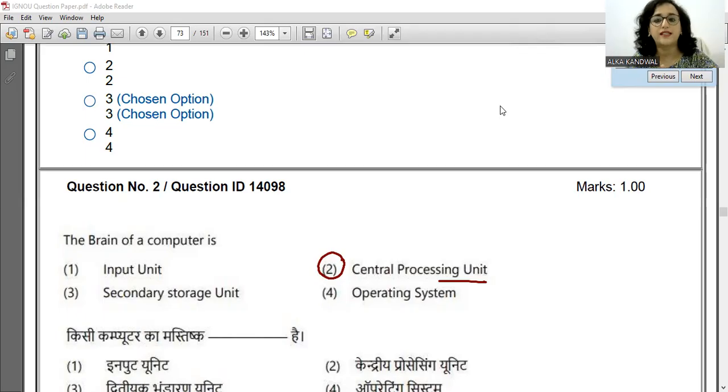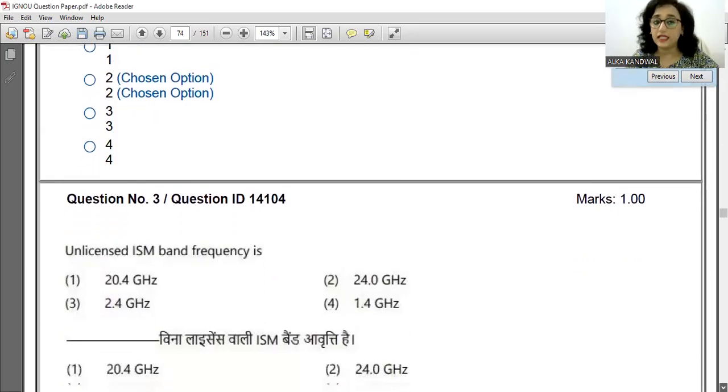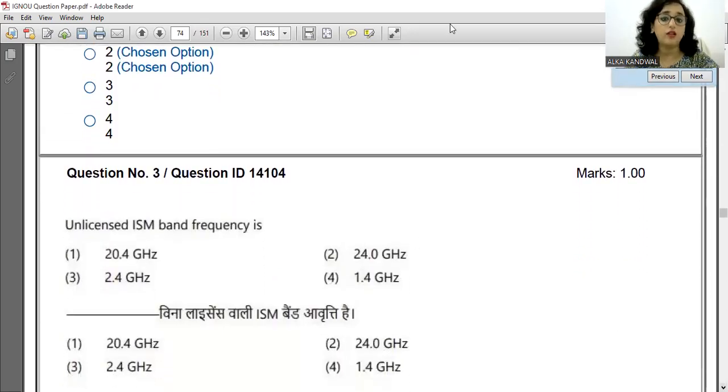That we have been learning from our childhood only, no? So the processor is the basic brain of all the activities, right? So the brain of the computer is option 2. Option 2 is the correct answer. Let us move ahead. This again, this is a question जो कि थोड़ा सा अब आपके हार्ड उसमें आ गया कि जनरली we don't know, but we will be covering this in our networking part.